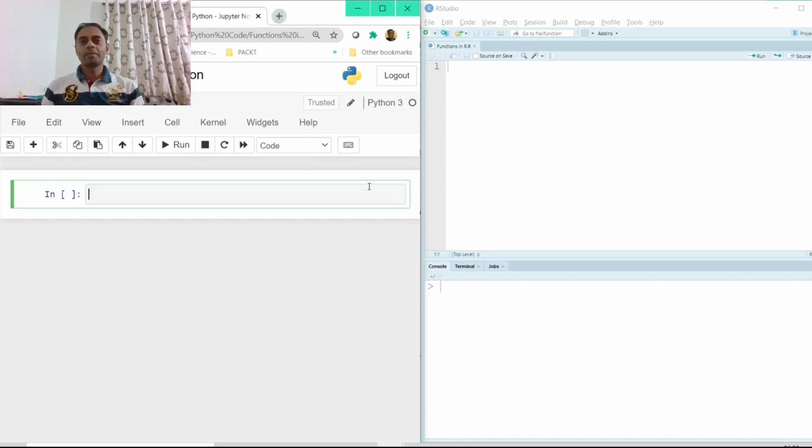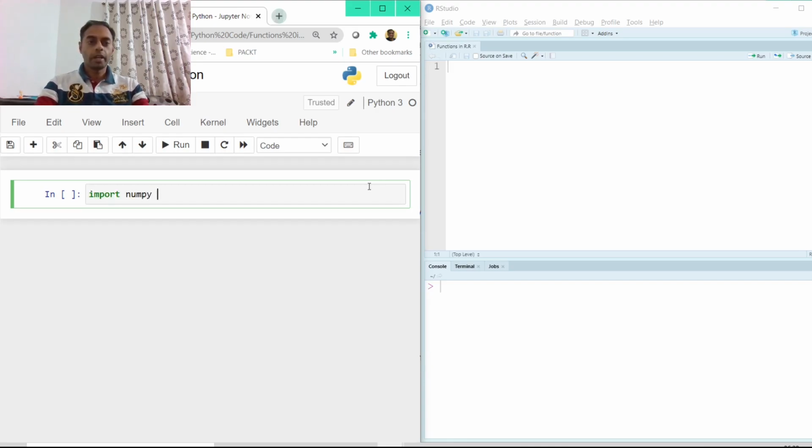Hello all, welcome back. So we have learnt about for loops in our previous tutorial, and the purpose of a for loop is iterating over a certain set of numbers. Now we can use that for various purposes. For example, if I want to find the sum of a certain set of numbers, I don't even need to have a for loop.